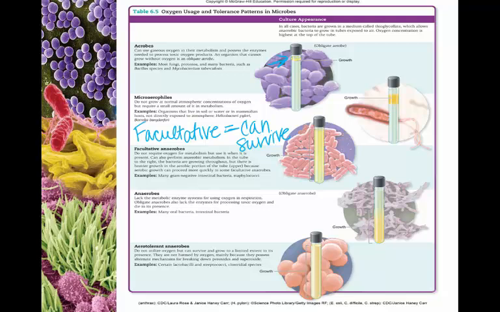Therefore, these are going to be relatively complicated organisms, more complex because they have the enzymes for aerobic metabolism as well as the enzymes for anaerobic metabolism. These are survivors. The anaerobes are going to be at the bottom of the tube. Oh, and if I didn't mention, I'm sorry.